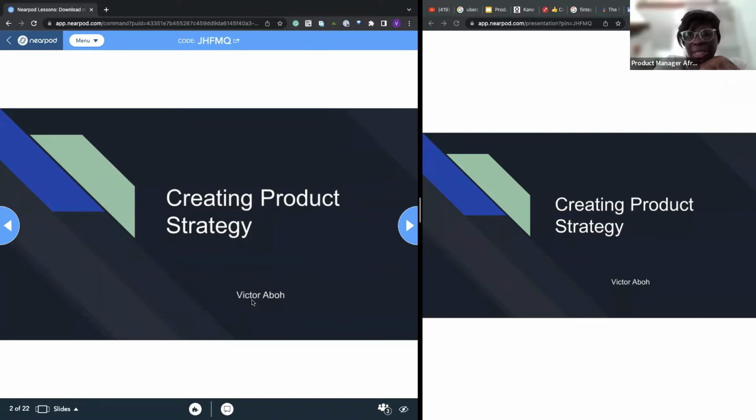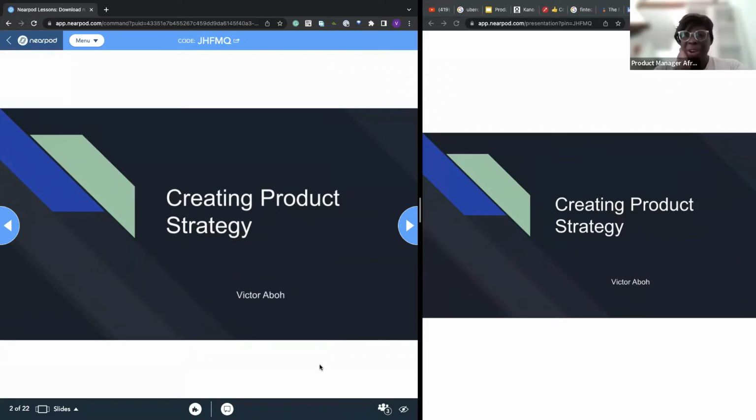Today's session is largely based on creating product strategy. This is a question that has come up a couple of times, especially with new and transitioning PMs and even PMs at all levels, where you join a company, especially startups, and there isn't a clear plan. So many things are happening at the same time, and it's difficult to know where to start. How can you establish some sort of direction that everybody is aligned on and can follow, so you're not just flying in all directions?